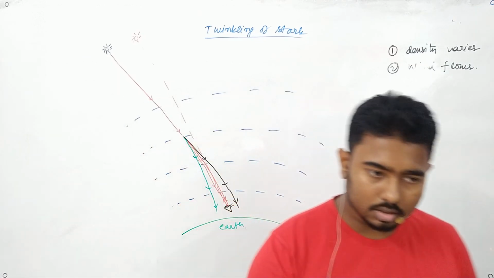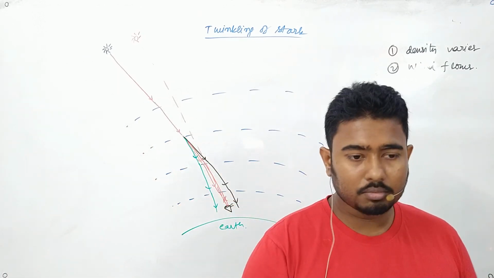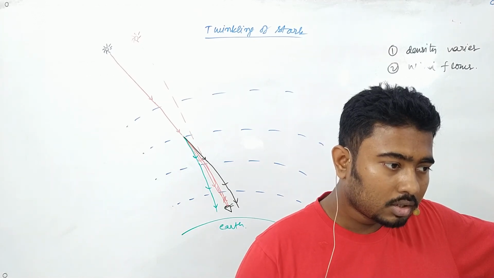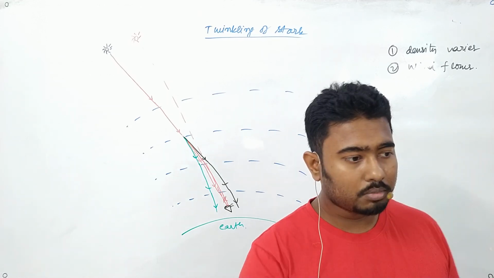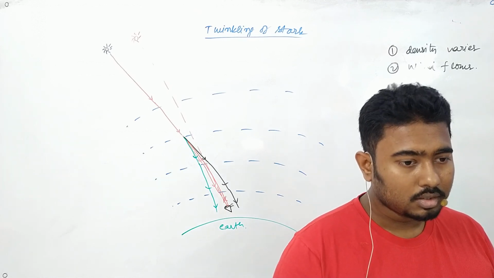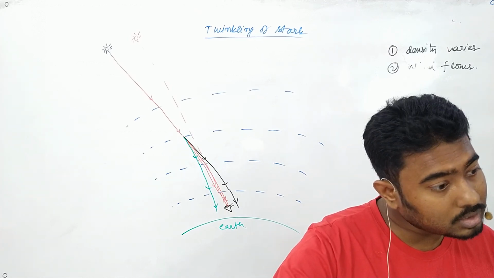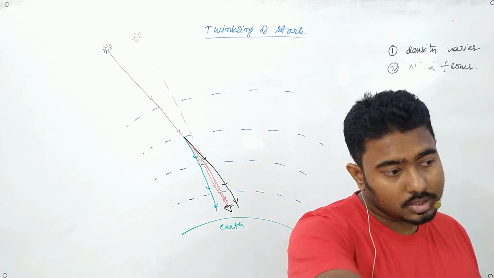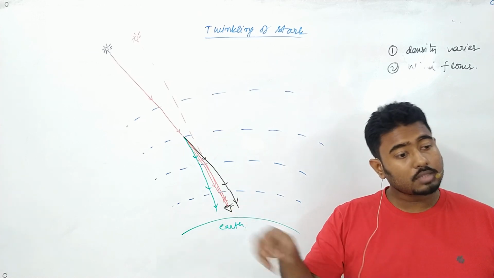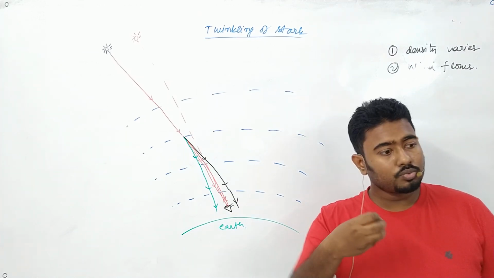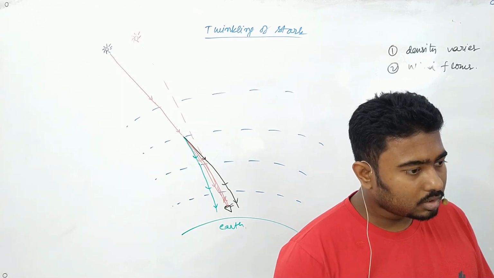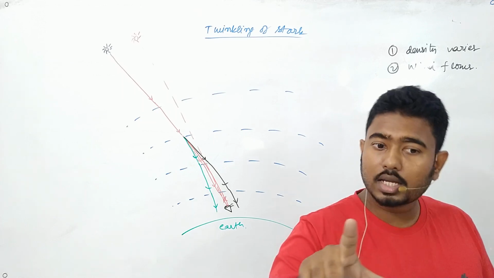See, if I am looking at you, I can see her also. If you are looking at me, you can see the end of the board also, even though you are not looking at the board. You can see the end of the board. Even if you don't look at it, you can see it. Look at me. Can you see the stand? Yes. Without looking at the stand, you can understand that there is a stand. If I am looking at you, I can see her head is shaking. That means it is reaching my eye at some other point, so that image won't be that clear. When you are looking at me, is the stand much clear? No, my eyes are clear, but the stand is not much clear.